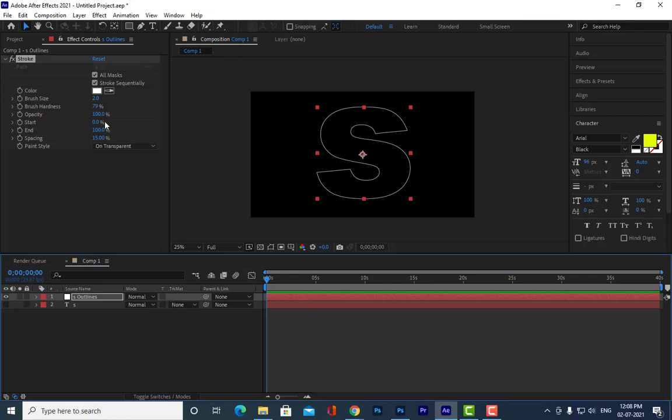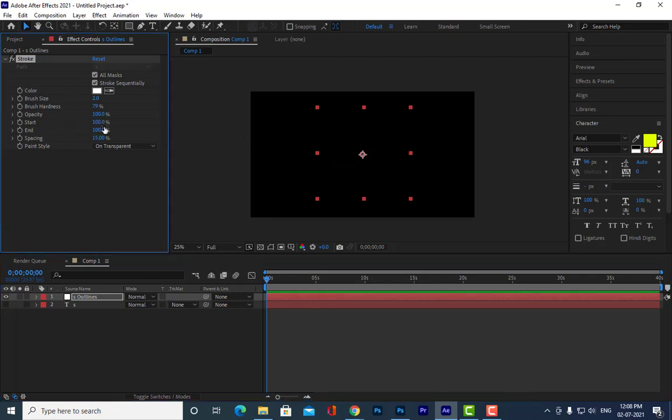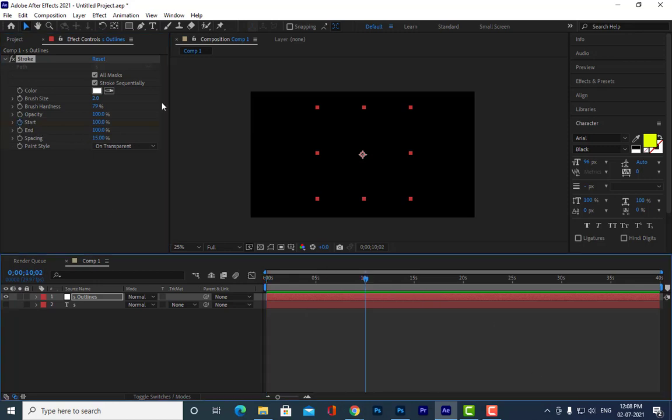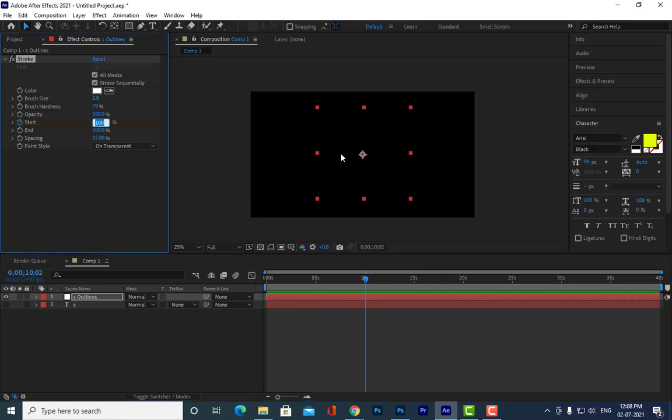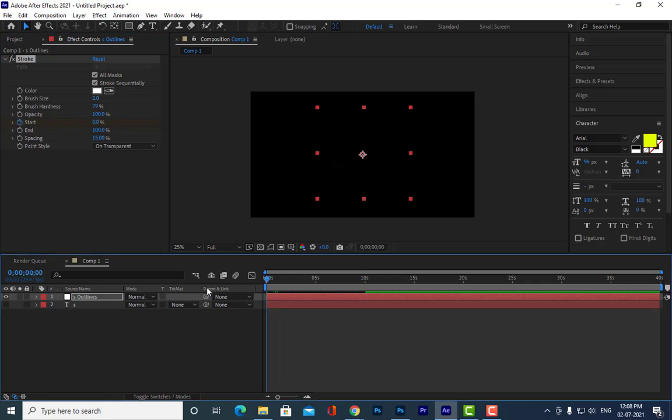And then I can keep the start value at 100%, and we will just animate the start value. I think all of you are familiar with this effect, right? If you hit space bar, you can see this stroke is getting generated, okay?